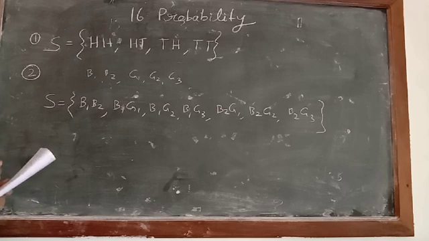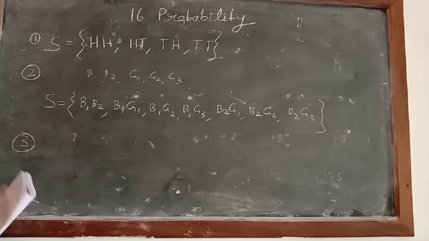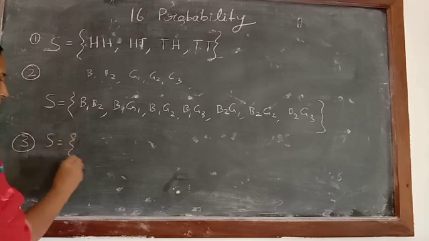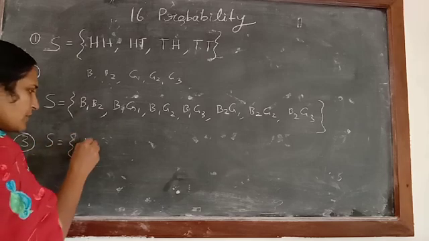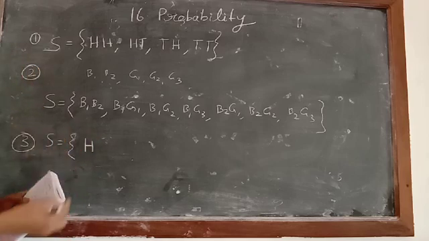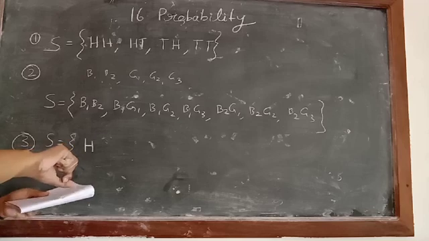Okay. Now the third question is written there: a coin is tossed and a die is thrown. A coin is tossed. When you toss a coin, what will come? Either head will come or tail will come. Suppose first we got a head. I toss a coin, head occurs. After that what I have to do?